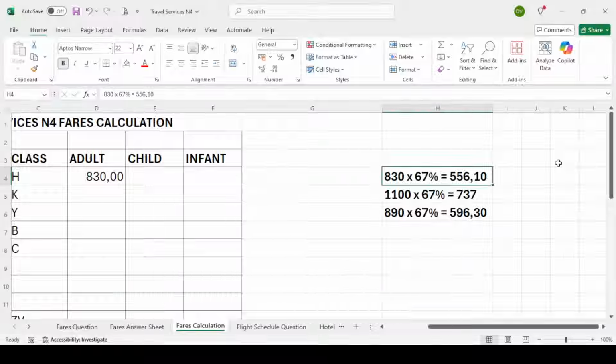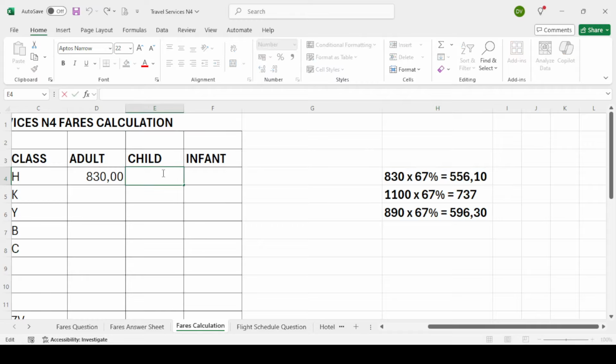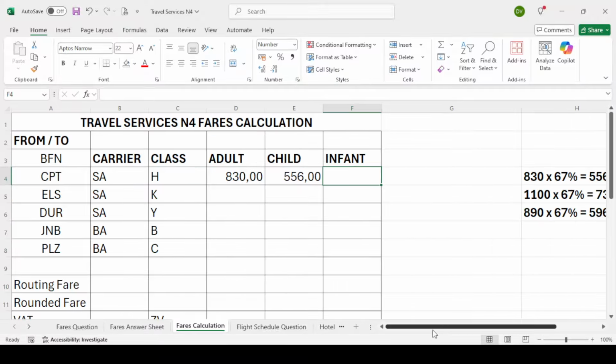Okay, so there's an important thing to remember. When we insert the value in the column of the child, we do not take the cents into account. Guys, you literally ignore the cents. It's like it doesn't even exist. So it will look like this, 556.00. You don't round it up, you don't round it down, you do nothing with it, you just ignore it. Okay.